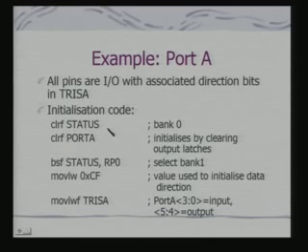This is an example of a code for initialization of a port. So, typically we clear the status. Now, in this case obviously I am selecting the bank 0, because these ports are also located on memory banks, so I have to select the bank. Then I am clearing the port A, this is the corresponding data latch, and then you are selecting the bank